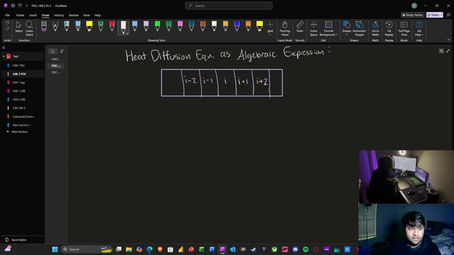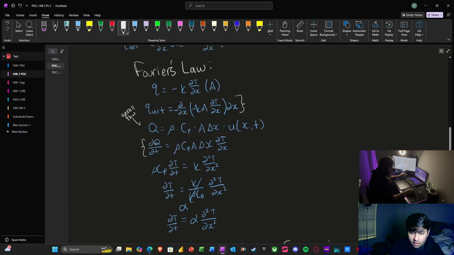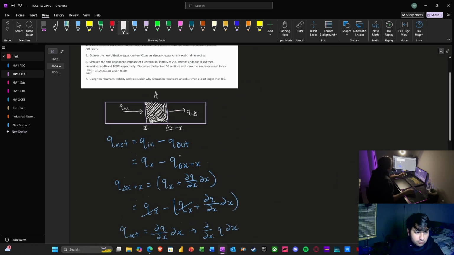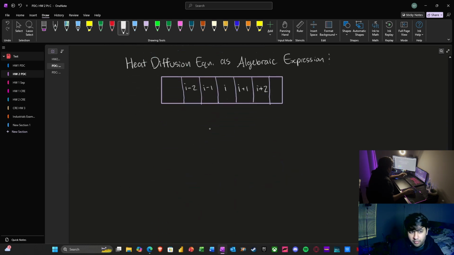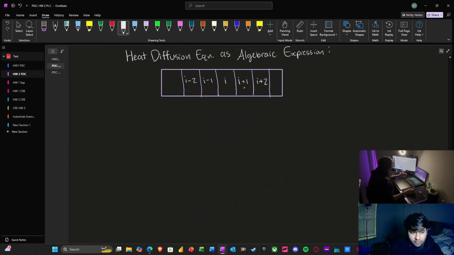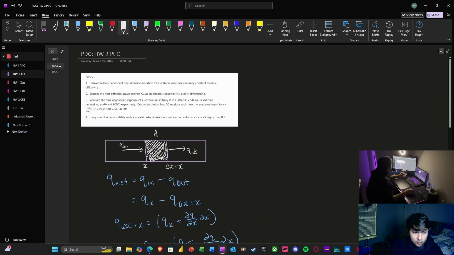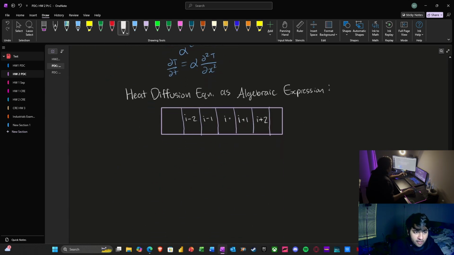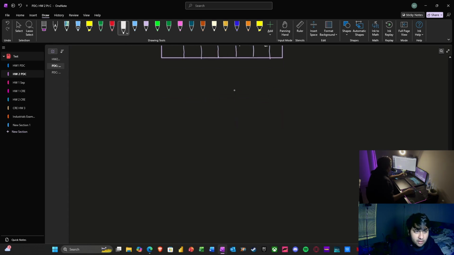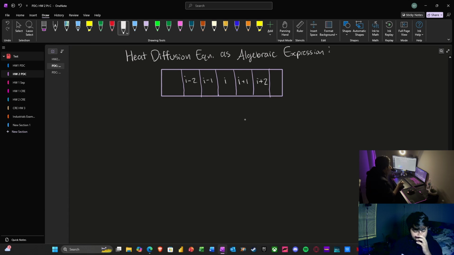So what we're doing here is, like before, we heavily relied on looking at flow. However, this time we're going to look at temperature based off of individual sections, whereas here we just picked one and worked out the flow to get this equation. And then we're just going to basically break this up into somewhat of a matrices form and solve that. So to start, let's just go ahead and